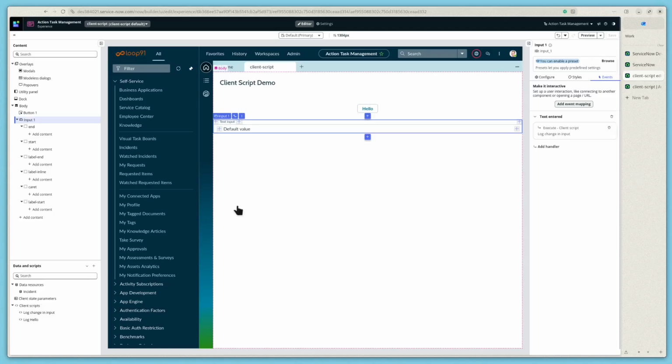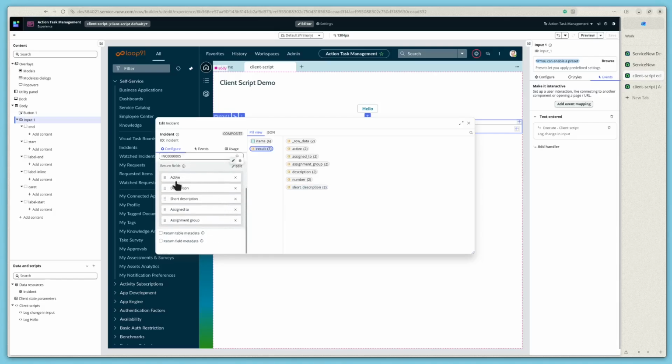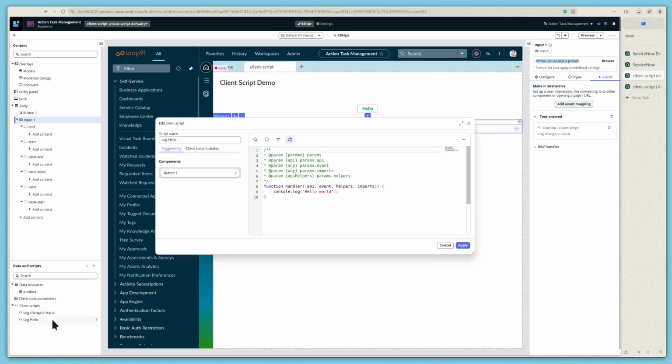For this, on our page, we have added a data resource, and it looks up a single record on incident table, and it looks up this particular hard-coded incident. So when you click on result, you would see active, assigned to, assignment group, description, and the short description. These are the fields that we have selected as written fields on this data resource. So if I were to go to the client script here,